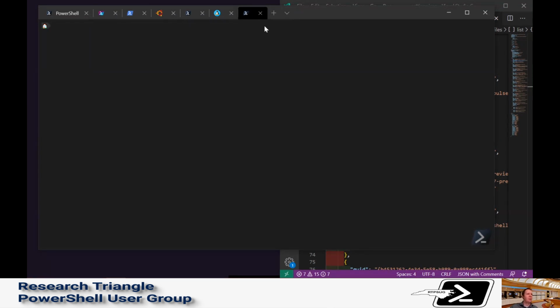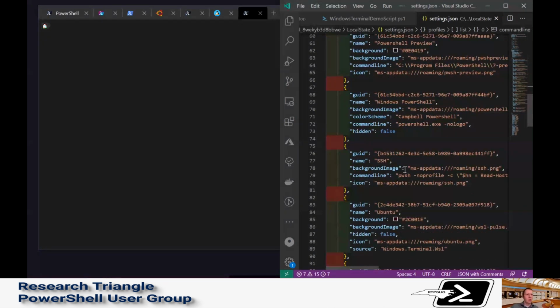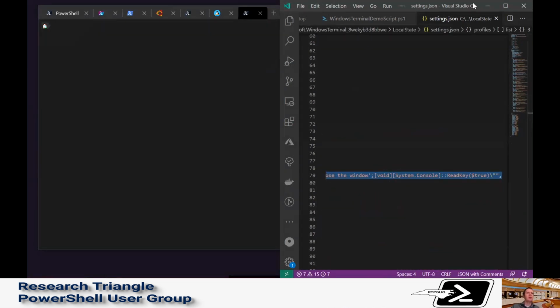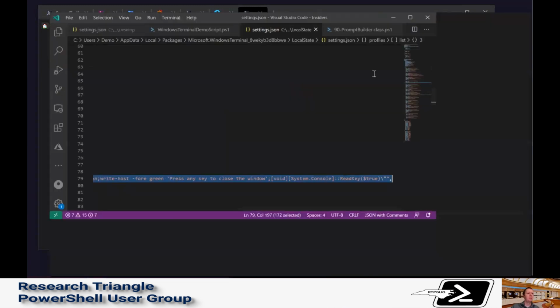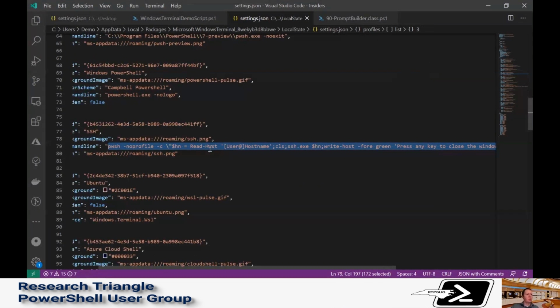And you notice it doesn't show me the normal PowerShell startup there. That's because I've set it up to do no logo, no exit. So you can get really fancy if you want. If you come down here to the SSH, you'll see here I'm actually running a PowerShell script. Let me blow that up a bit. So this is just a simple command line PowerShell script, but if you know PowerShell, this reads,